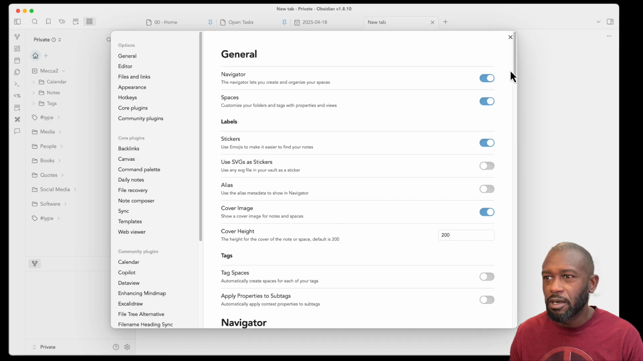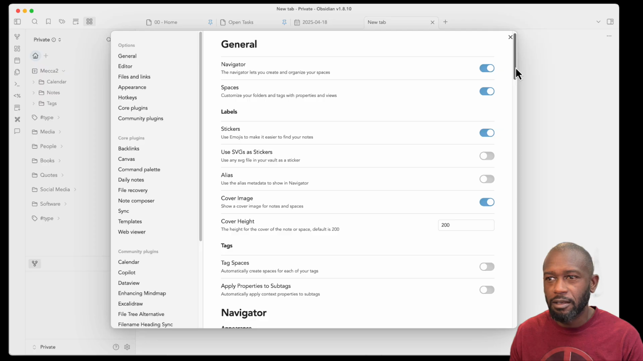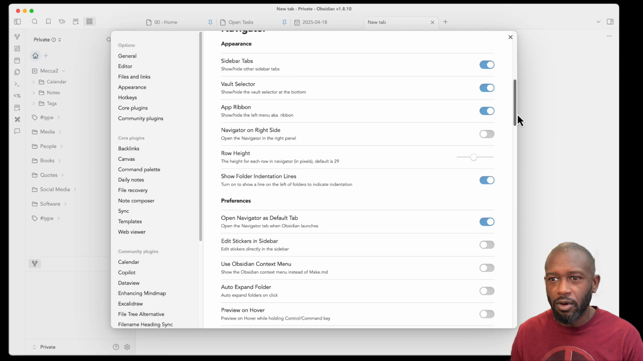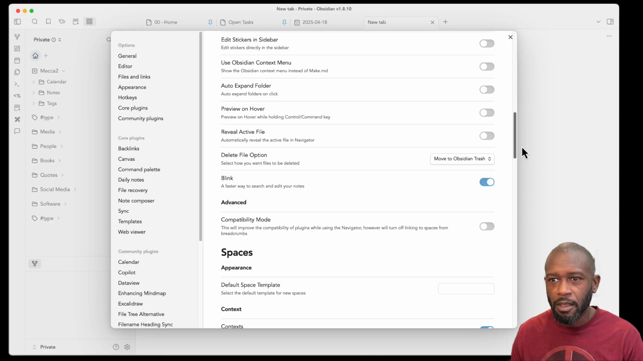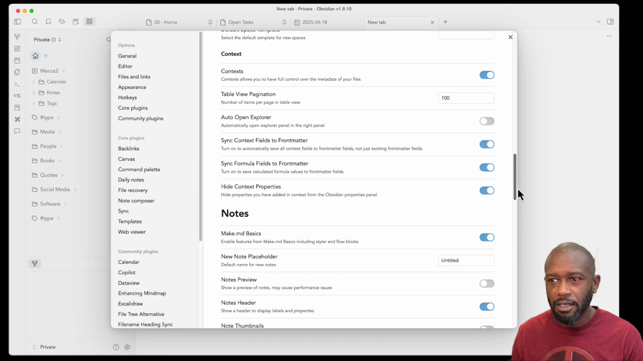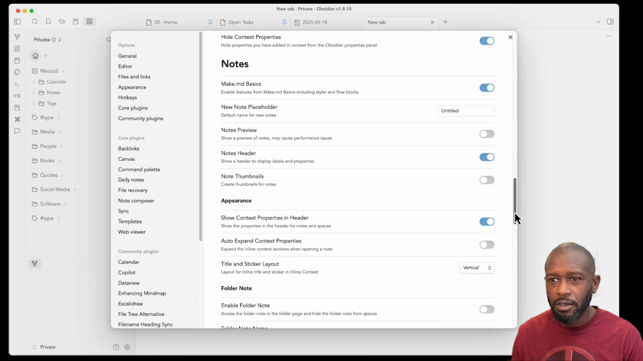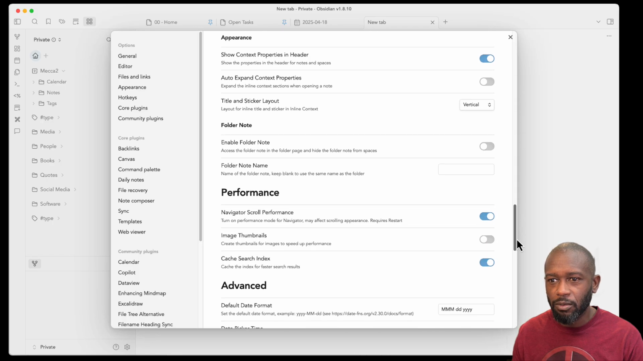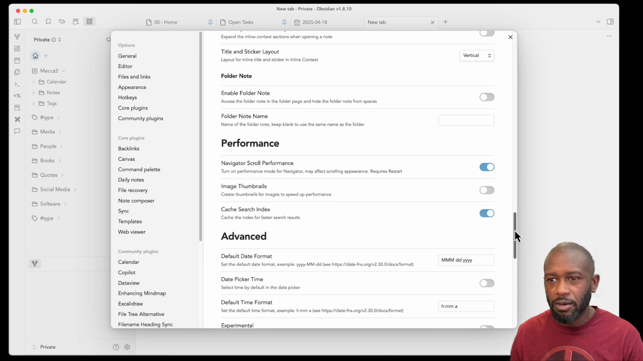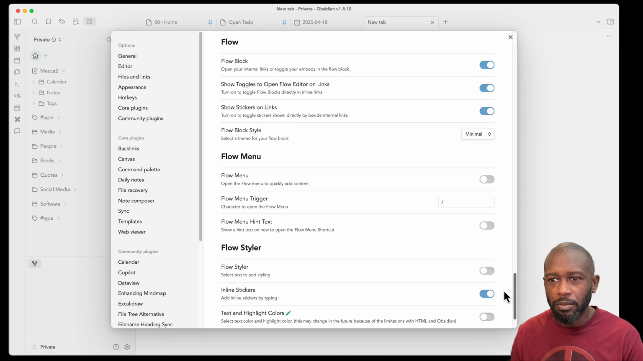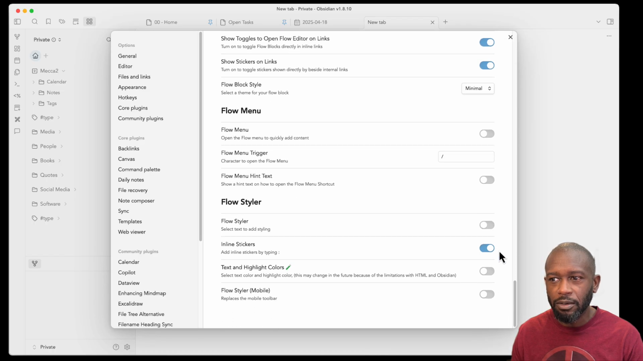In the options, there are a lot of different options that you can leverage here, and most of them I leave on by default. Some of the ones I actually turn off is the open the folder option automatically, so I do turn that one off. And also I turn off some of the ones where the flow menu and the flow styler,